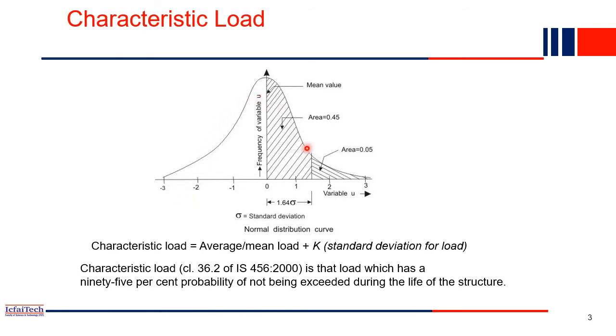Basically, this is a probabilistic distribution of loads we are making. It will have a mean value, which is the normal condition. What is the value of load? For example, as I am giving the example of an apartment building with 5 members staying, the mean value may be 5 members. But sometimes 1 or 2 members will go out for some reason, then you have 3 members and the load will decrease, right? So the mean value is these 5 members. If 2 members are going out, then you also have less load on the structure.